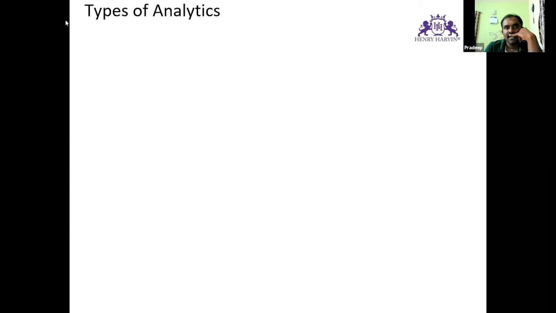The one that comes to my mind immediately is speech analytics, which is also called voice analytics, and text analytics. Okay, good. Any other category you can think about? There is sentiment analysis and all that, which is pulled out from these, but these are the two main ones. I'm talking about the broad categories. Apart from data, I think it's only speech and text that comes to my mind. Okay, anybody else? Anirudh?